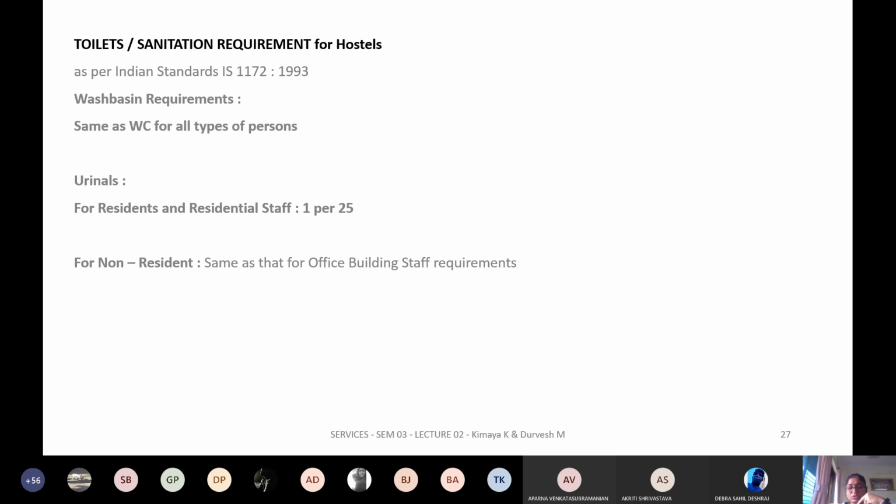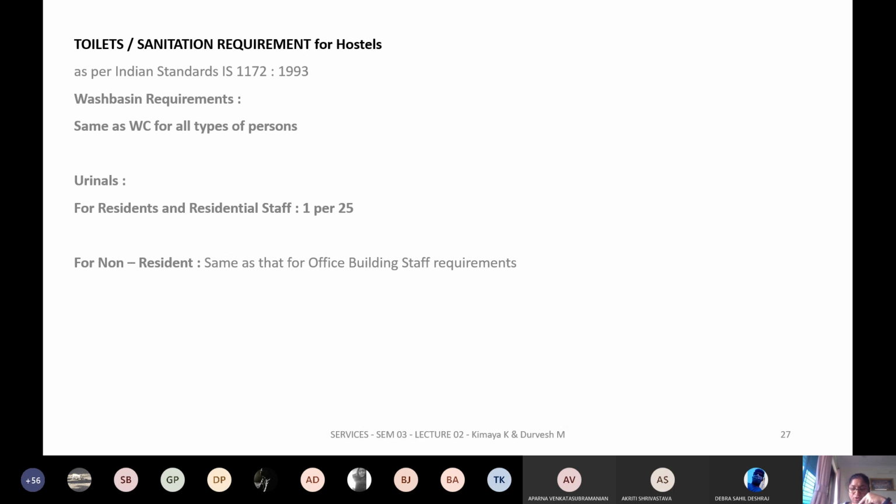Okay, I would advise after the class or later, whenever you have time, go through the standards, and in case you have any questions, either you email it to me or we can take it in the next class. These are very simple standards which are going to help you to calculate. Whenever you get your design brief of what you are going to design for, you will definitely know the clients.